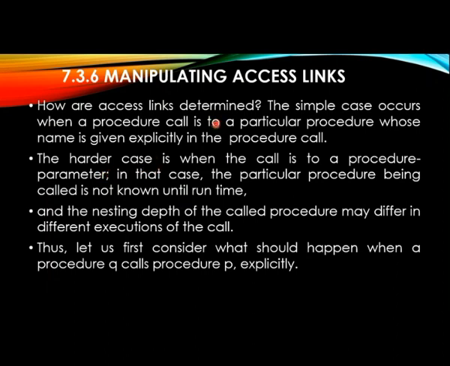So here it clearly knows which parameters were called or passed to which procedure. In the second situation, it doesn't know which parameters were used or passed to the other procedure. That procedure name is not known until runtime. Why? Because these function calls or procedure calls are performed at the time of compilation. And here the nesting depth of the called procedure and calling procedure may be different. So these are the several ways of manipulating the access links.